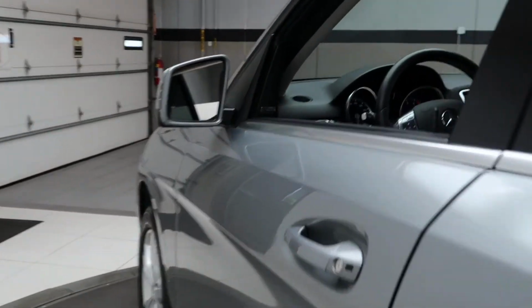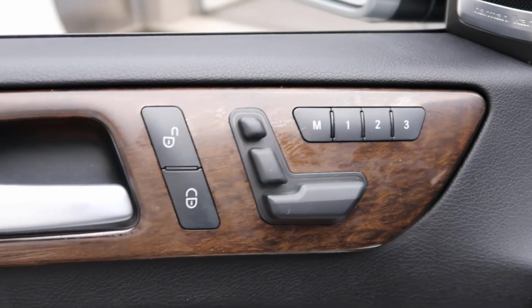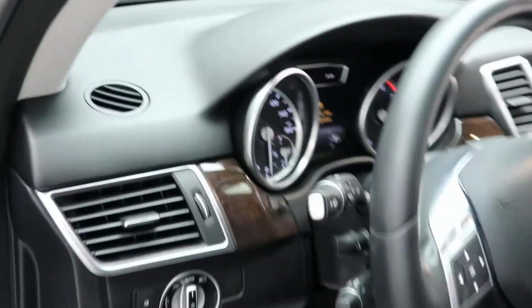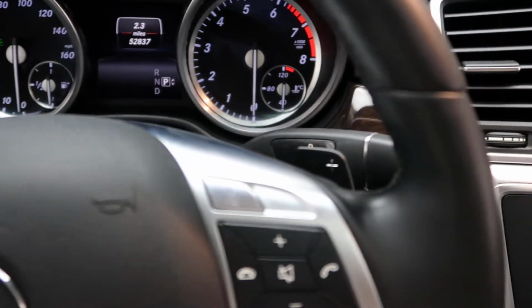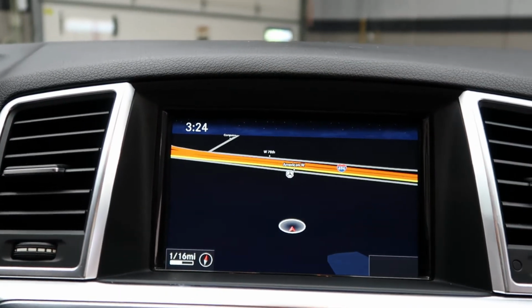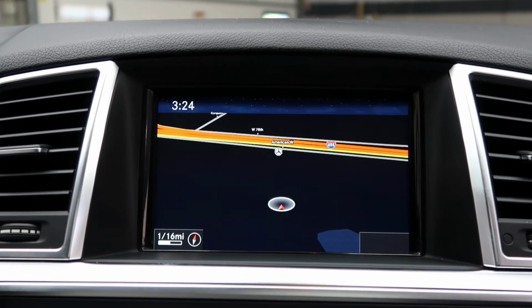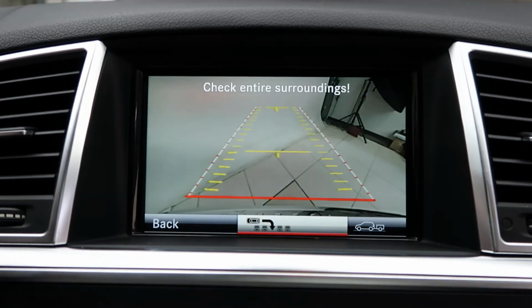Alongside, this one does come with the Premium 1 package, which gives you Harman Kardon sound system, eucalyptus wood trim, memory seats, power windows. Hopping in, we've got our steering wheel controls with Bluetooth capabilities, paddle shifters for extra performance, navigation. This one also does come with the driver's assistance package, which is going to give you lane assist and blind spot assist, a rear view backup camera,